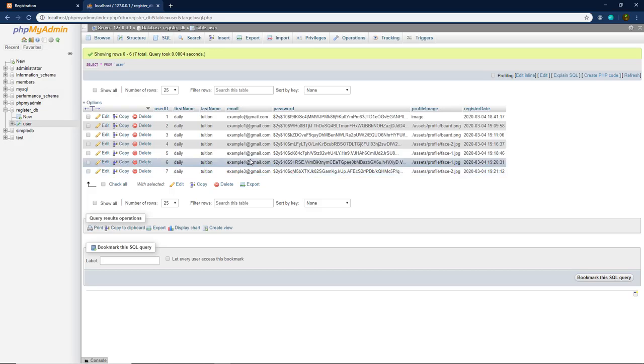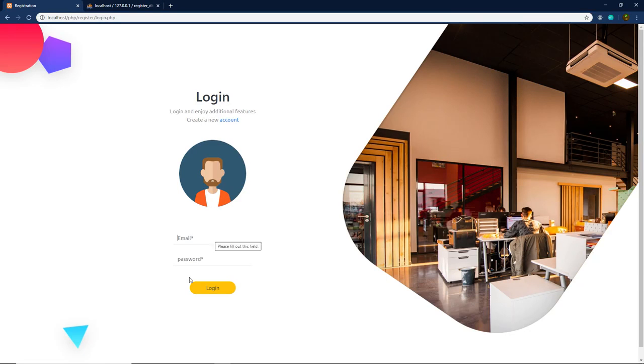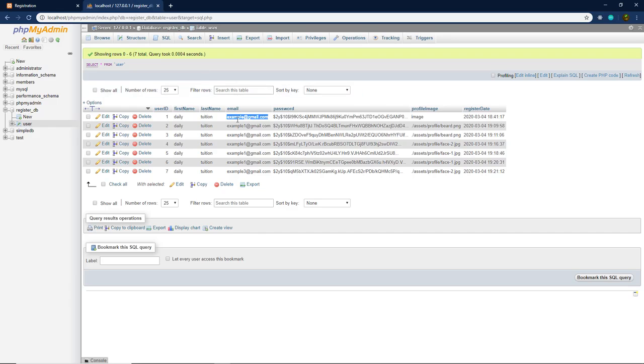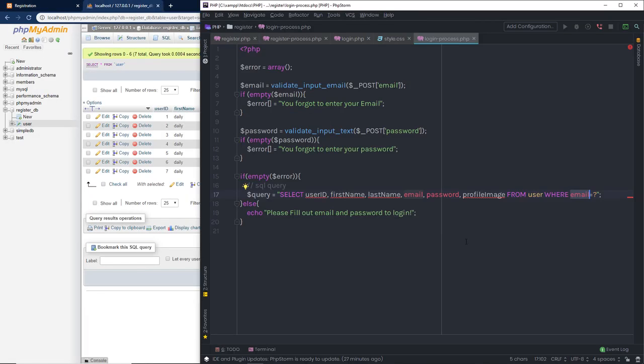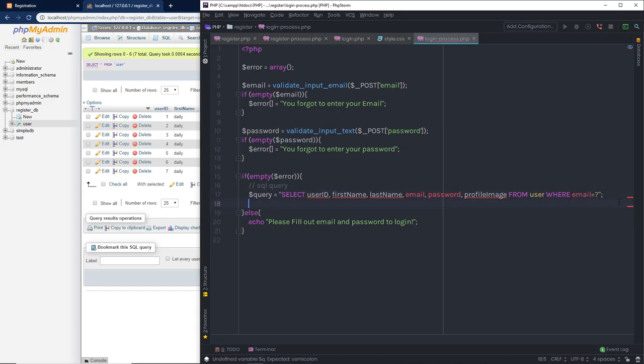For example, if I just type this first email in this text box and specify the password of this email, and if I click on this continue, I want to just redirect the user to the index.php file. So the successful user will redirect to the index.php file, which is the main file of your website. So I'm going to specify here, if the email is equal to the text box, I'm going to create